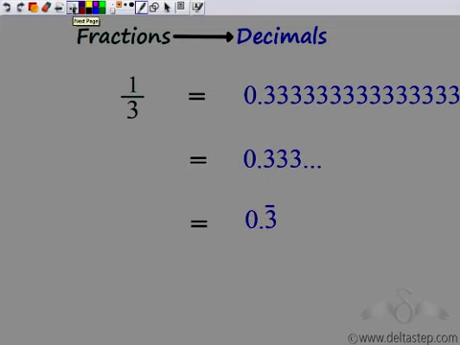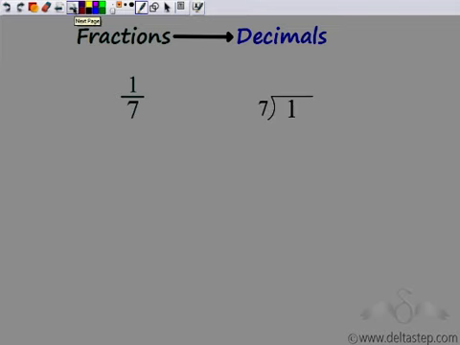So these are the ways in which you can express this number 1 by 3 as a decimal number. You see that since this is repeating, it's not terminating. This is also called non-terminating decimal. Let's look at this number 1 by 7 and see whether this is a terminating or a non-terminating decimal.